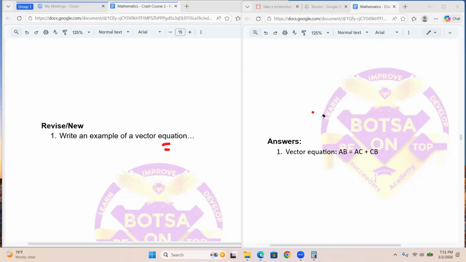I hope you all got a formula. And please know, all vector equations are not going to have the same letters. So if you had vector OA, you always start from the first letter if you're doing the addition version. You might go to B or whatever other letter it has, and then you continue from B and you end at A. So in this case, this is your first, this is your end, and whatever letter you have in the middle is there twice. So you always